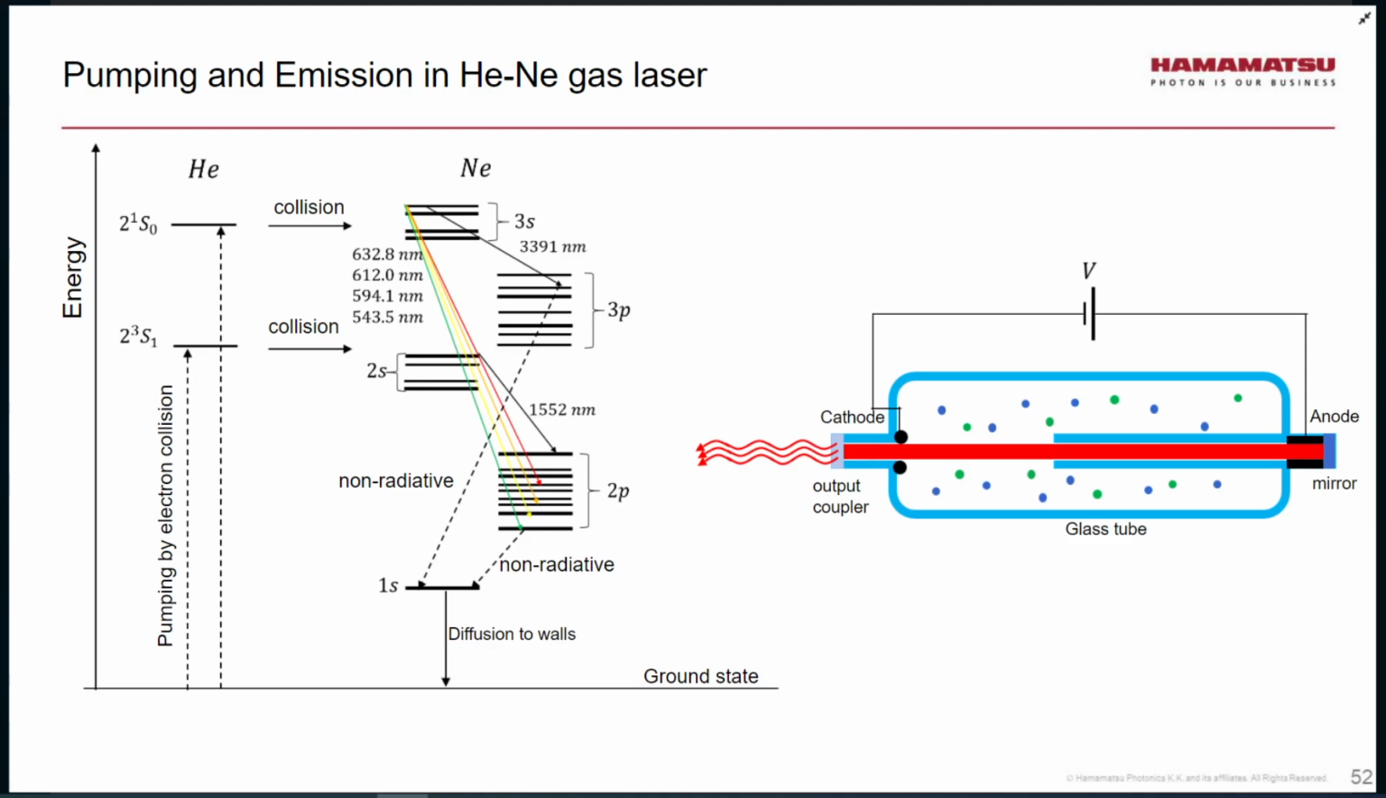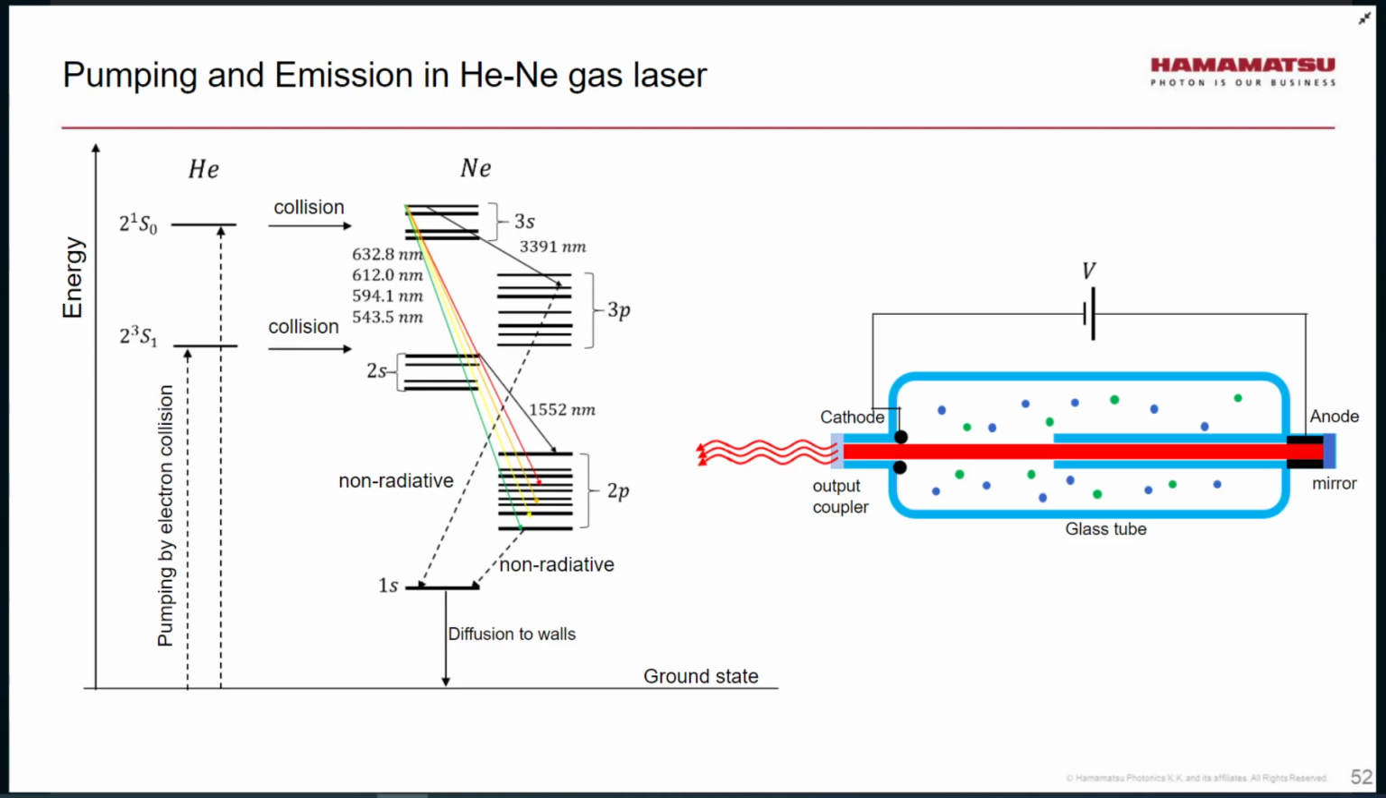So let's now look quickly at some actual lasers. Here on the left-hand side is the energy diagram of probably one of the first lasers, probably the most well-known laser, the helium neon gas laser. The pumping is achieved electrically by helium atoms colliding with neon atoms. So the electrons get excited, and then they undergo the lasing transition. On the right-hand side, you see the